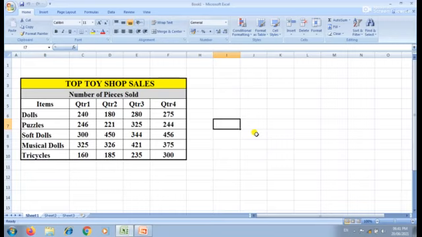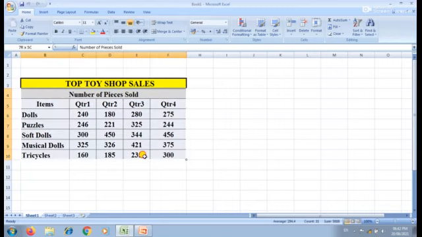I will explain the steps. First step, select the cells that you want to include in the chart. I am going to select from the number of pieces sold up to 300. That means B4 to F10.